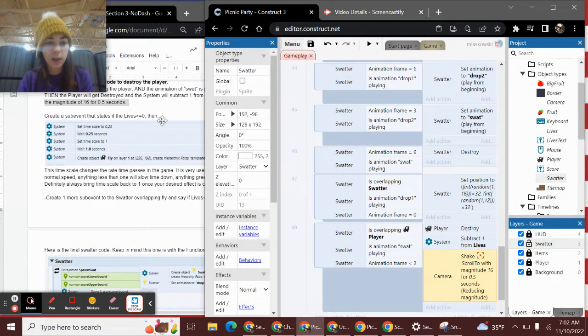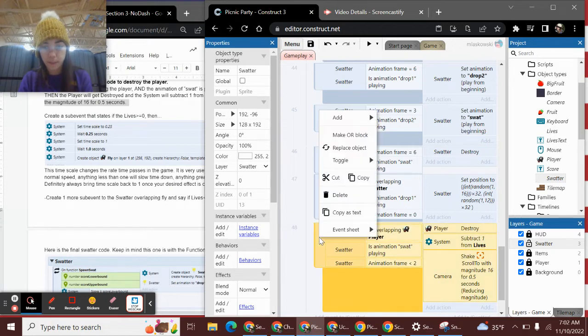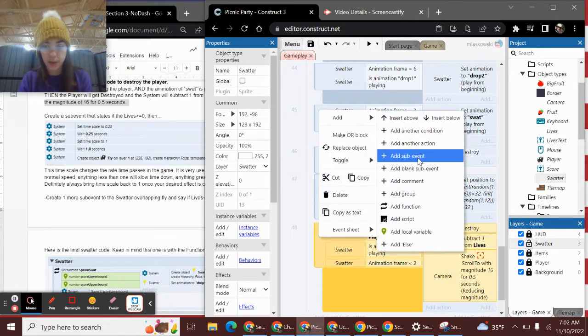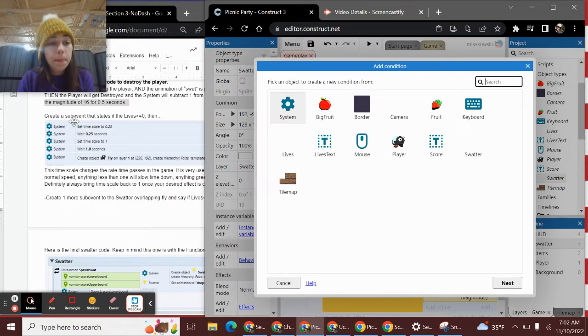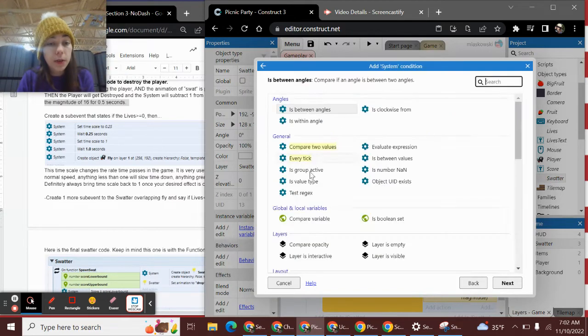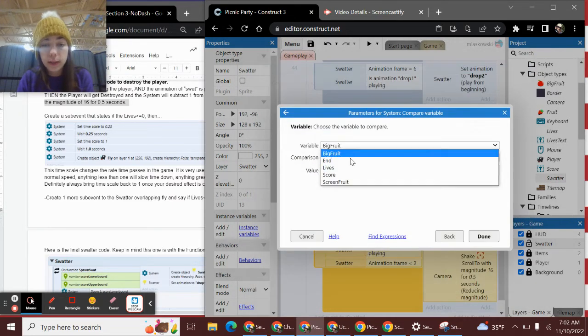Okay, then we're going to create a sub-event that says, this is going to be us regenerating this guy. Add a sub-event that says, if the lives is greater than or equal to 0,